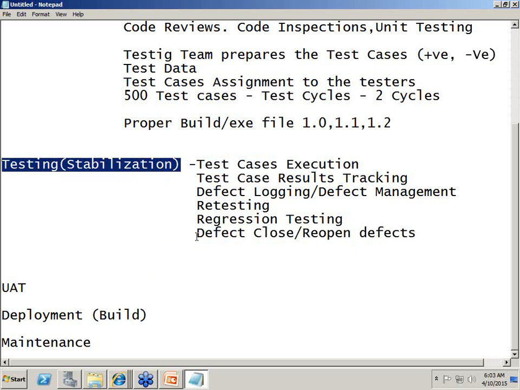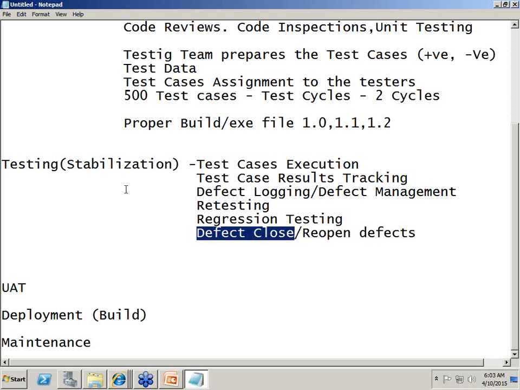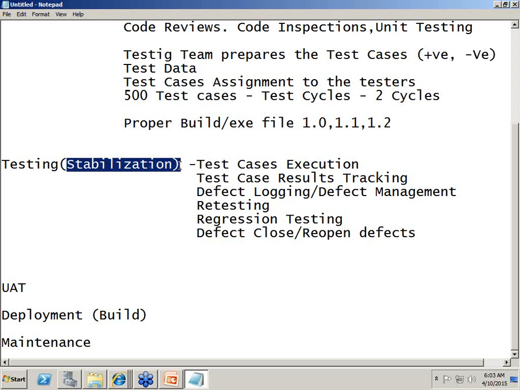But once all the test cases are over, once all the defects are closed, that's when you will say the system is very stable. A general definition, right? What is stabilization? The product is stable, that's all. Because as soon as you get the code from the development team or the build from the development team, most